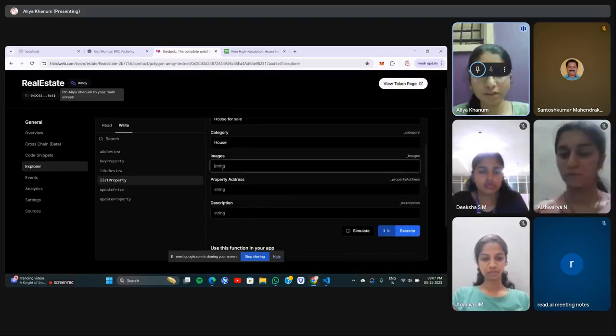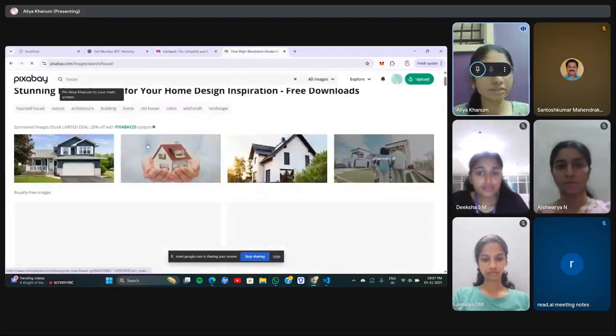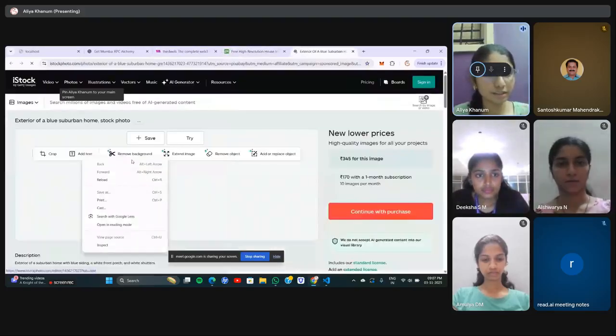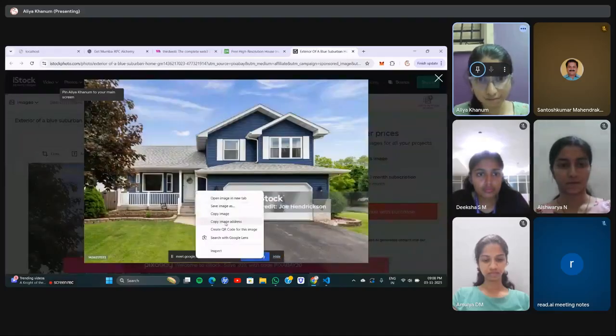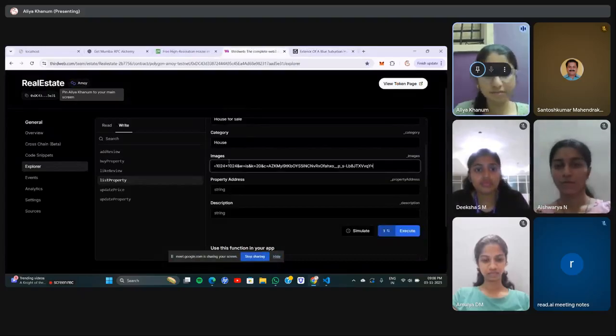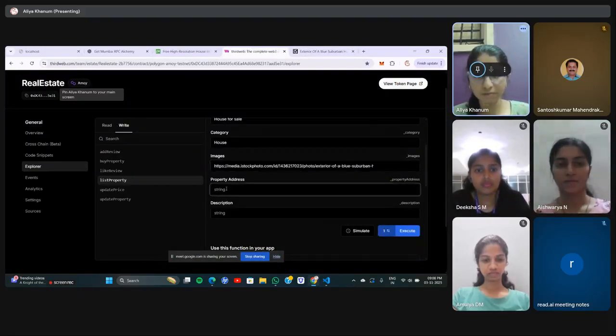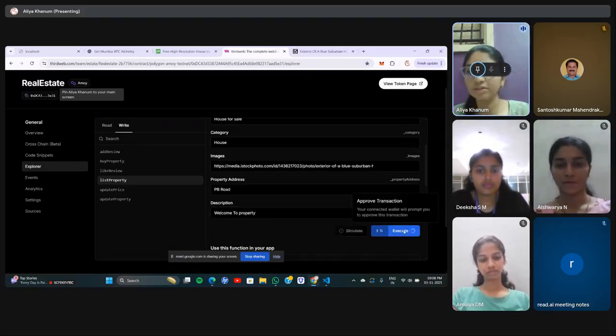Here we have deployed the smart contracts in Thirdweb, and we'll be taking the image URL and pasting it here, then the property address like PB Road, anything, and the description, welcome to property. So if we execute this,